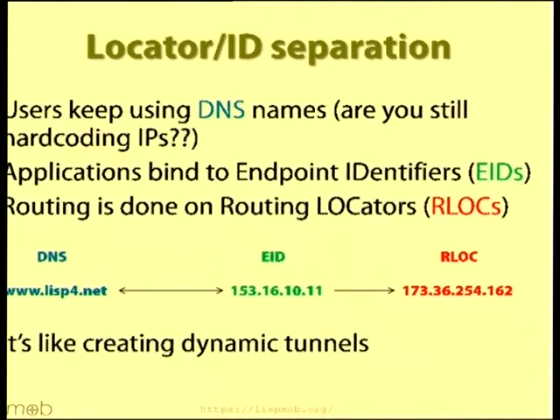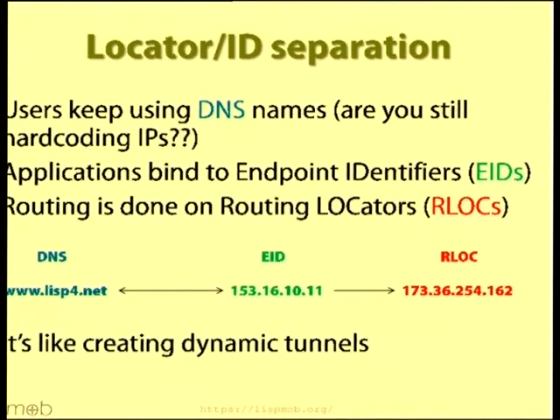So in this new system, what will happen is that users will keep using DNS names, but these DNS names will resolve into identifiers of the endpoints that are communicating over the network. And these identifiers will not be used for routing packets, only for terminating transport layer connections. So for example,